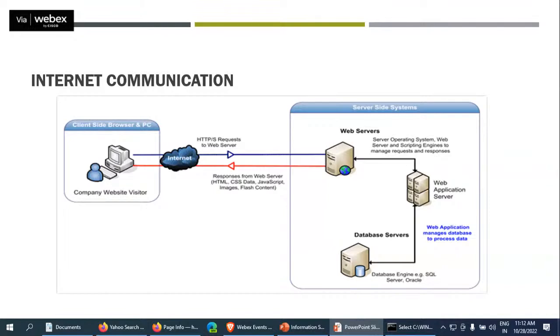They have the details of that user: what is the account name, how much money is in that account, what is the PAN number, whether the user exists or not, whether you are using the right username and password. Everything is stored here. After the authentication is done, it goes back to the web application server where the application is running, and it is displayed on the client machine.